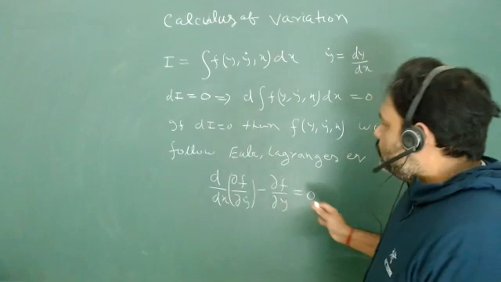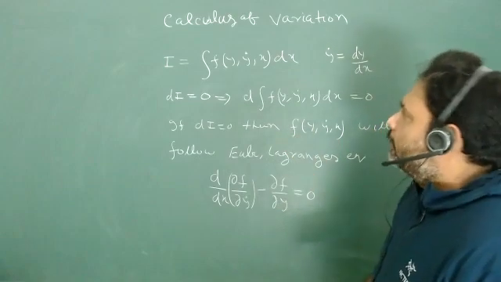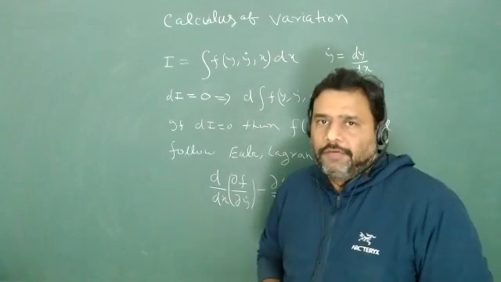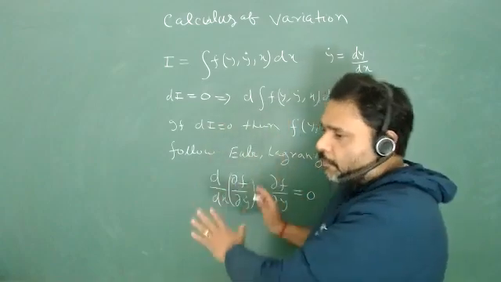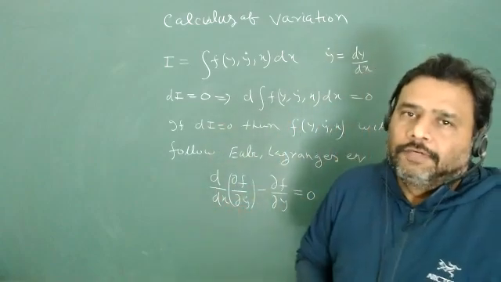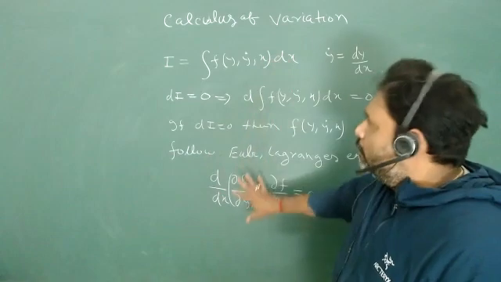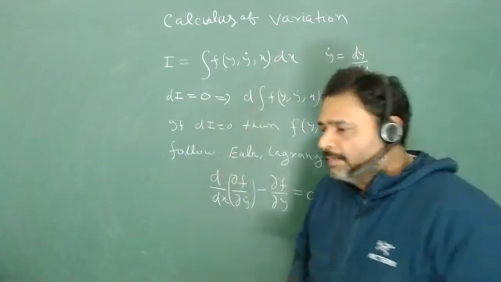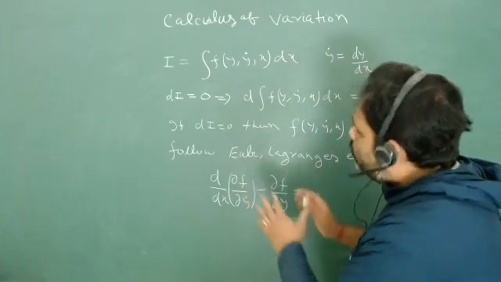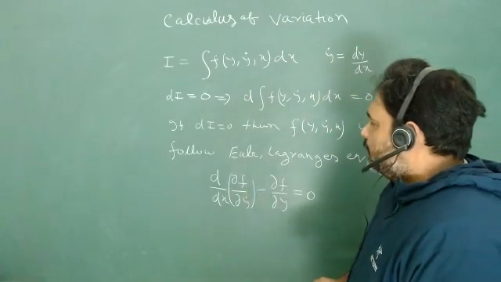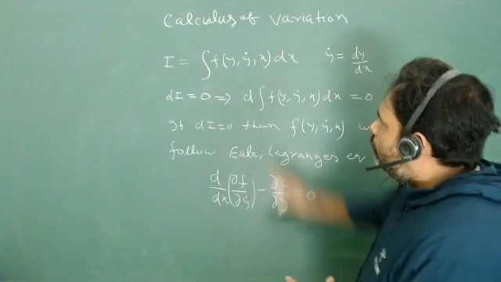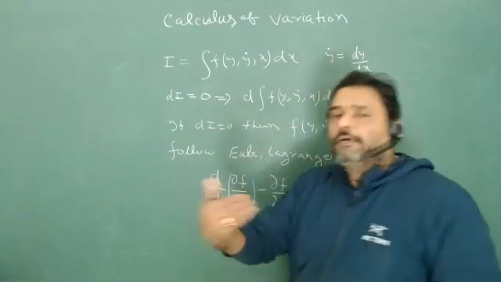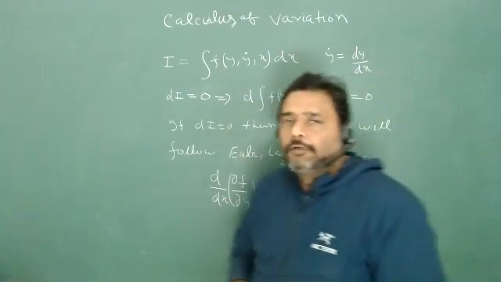So let us use this concept of calculus of variation. This is just the full definition of calculus of variation. I am not going into further derivation because it's not a part of our syllabus. But we will use one particular problem and see how we can apply this. Then we will go for the actual thing that is known as